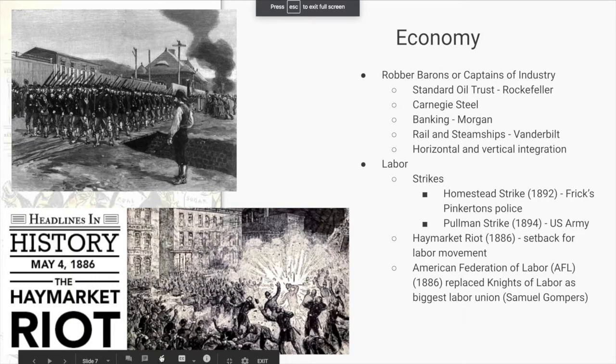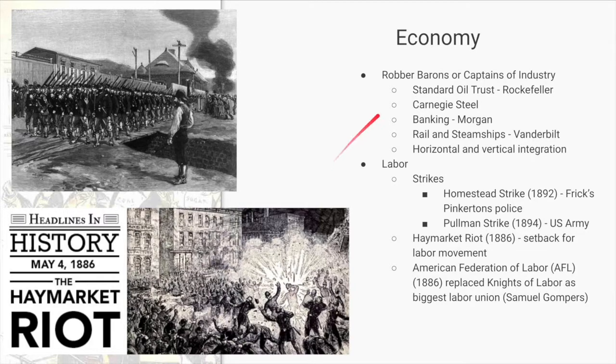Now, economy during Unit 6 is huge, okay? We have rising tensions between the rich captains of industry or robber barons, right? These extreme capitalists and the laborers, okay? You should know about the terms robber baron and captains of industry, these two different ideas: stealing from the poor, exploiting laborers, and the idea that these guys are hardworking immigrants who are living the American dream. Okay, so those two opposing ideas about rich people.